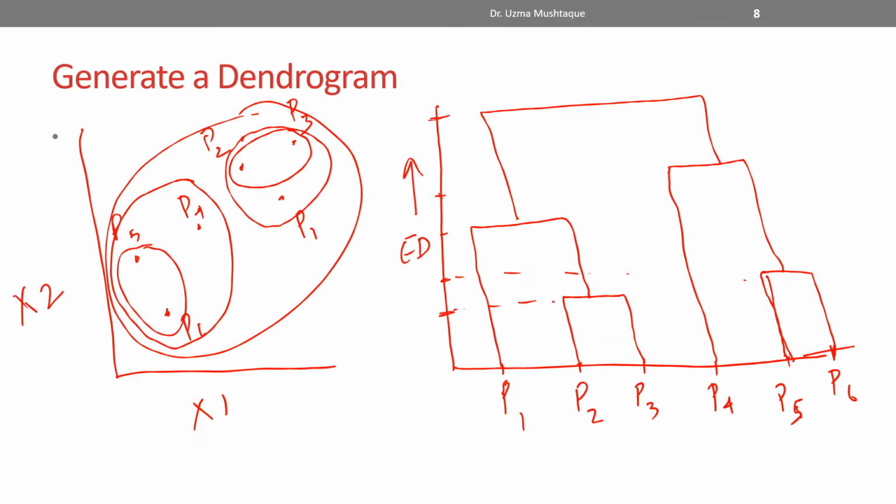Now the question arises, how do we use them? What is the utilization of this? So the answer to that is to look at the vertical axis. That means the Euclidean distance. Try to look at these differences, because these are telling me how dissimilar my clusters are. And then maybe we can set a threshold of dissimilarity. So these are going to be some numbers. Let's say this is 0.5, this is 1, this is 1.5, this is 2.